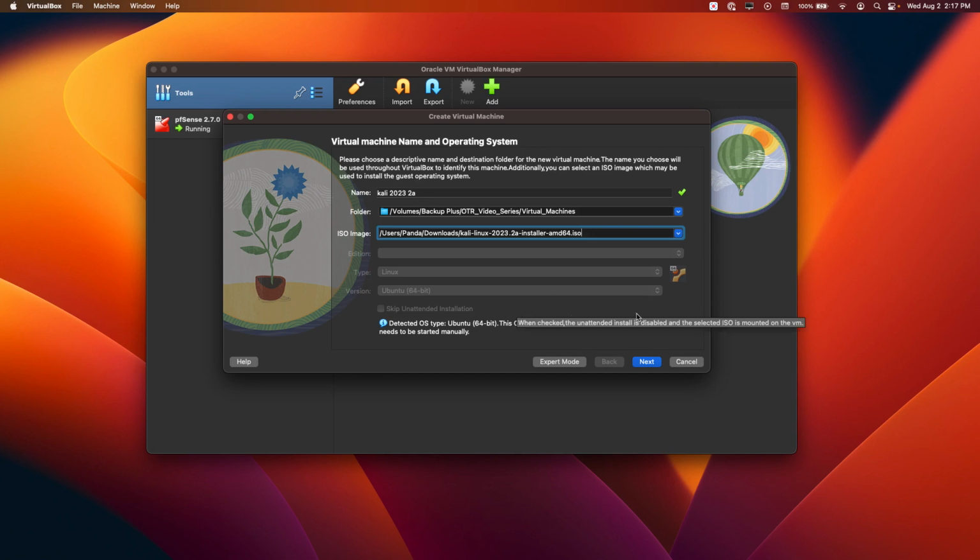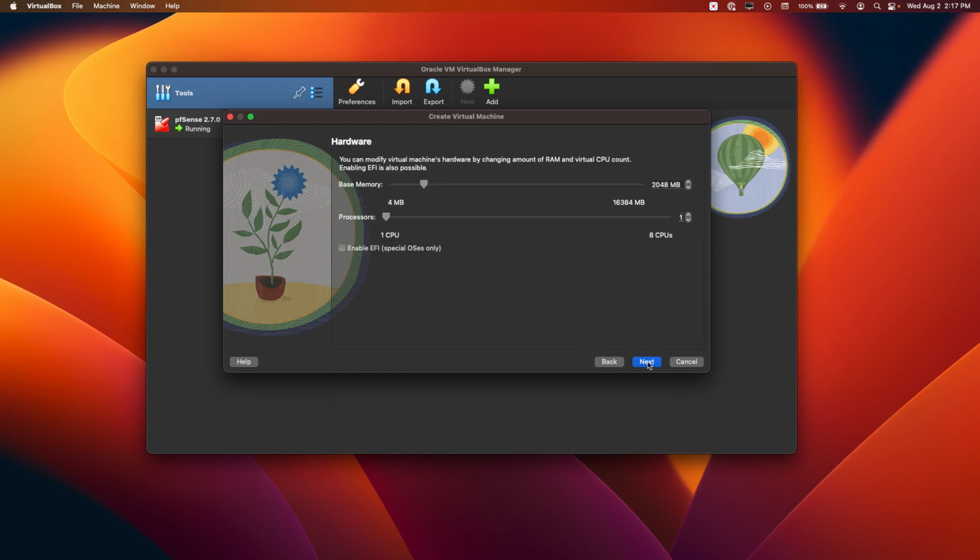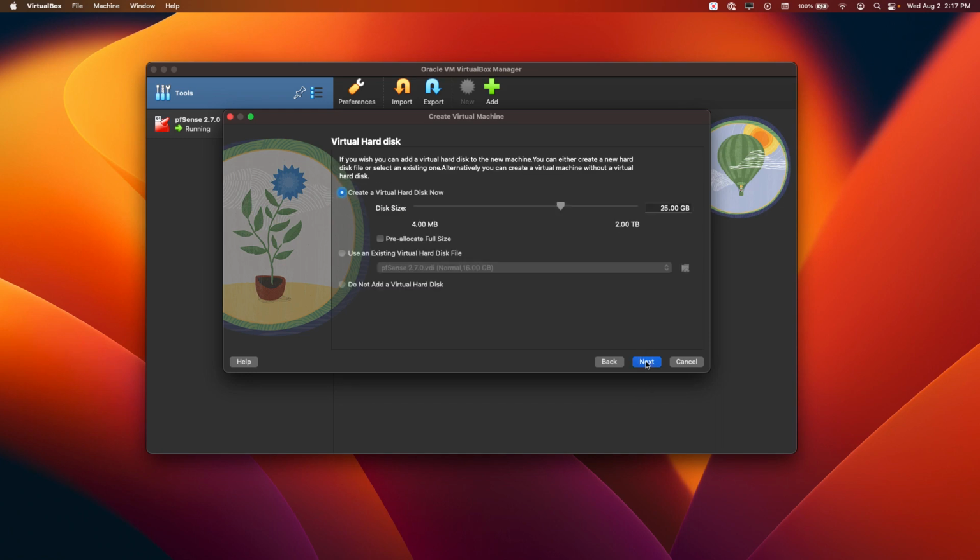Since VirtualBox is recommending us to install Kali Linux manually, let's click on Next. Use the default values for memory size and number of processors and click on Next. Let's create a virtual hard disk with a size of 50 gigabytes. Okay, so let me update this. Instead of 25, it's going to be 50. Remember that you need to set this parameter based on your storage capacity. Let's click on Next,